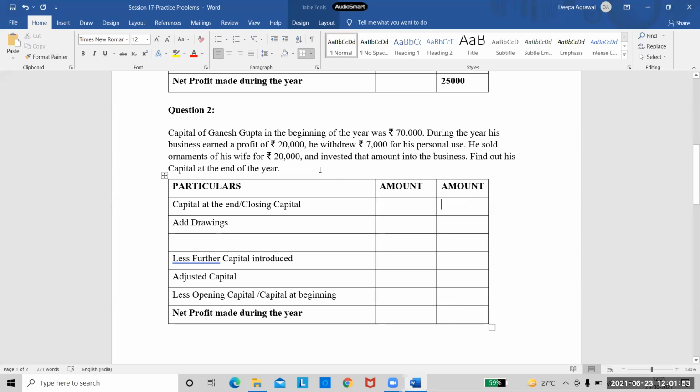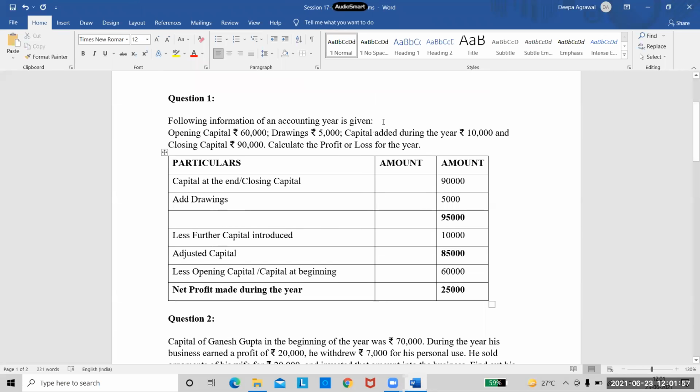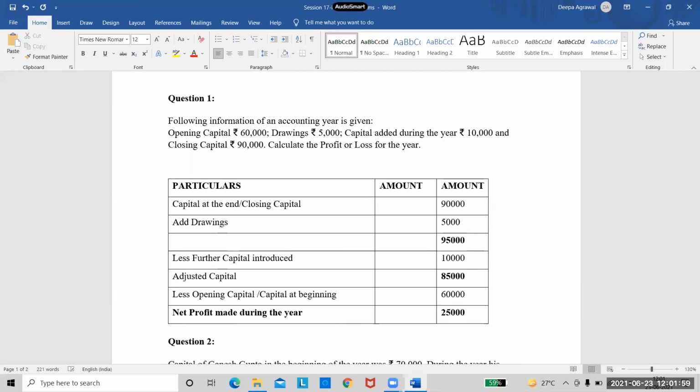Okay, so see the question number 2. And one second, we didn't put the heading here. We need to put the heading on the pro forma. So your heading would be, put the heading there, statement of profit or loss of, the name of the person is not given here. So just put it like this, of, for the year